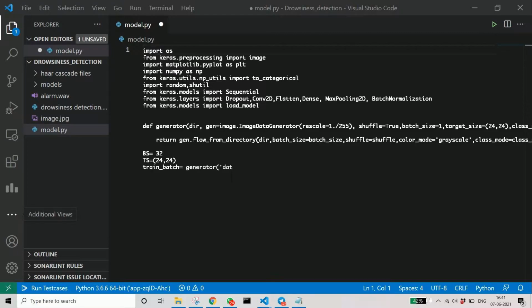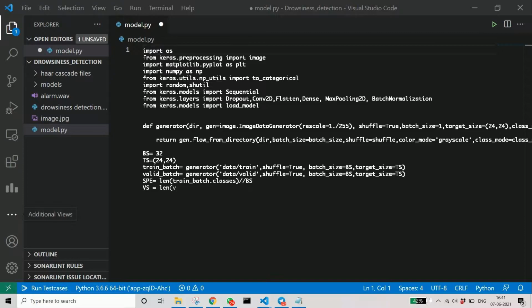After writing this important function, we now define the batch size. Then we use the function written above to first get our train batch. We will have two batches, the train batch and the validation batch. We train, and after each epoch we check how well our model is doing. So here we go with the validation batch. Here also we use the same generator function to capture the images. Now we get the number of images we have in the train and validation batch, and we print it just to confirm how much each has got.